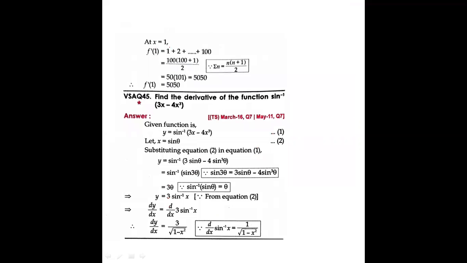Okay, at x is equal to 1, if you substitute, we get 1 plus 2 plus till 100, so we can apply the sigma formula, n into n plus 1 by 2. So we'll get the answer as 5050. Or we can also add it directly, no problem, 1 plus 2 plus 3 till 100. But the simple way is to use this formula. This formula is taken from mathematical induction. That chapter is omitted for us, so we don't have to learn that chapter, but you can use this formula.